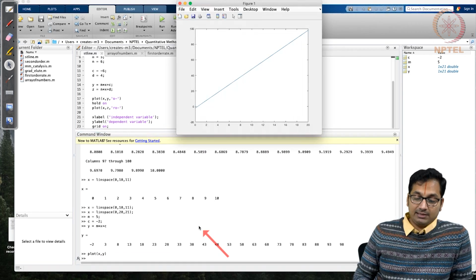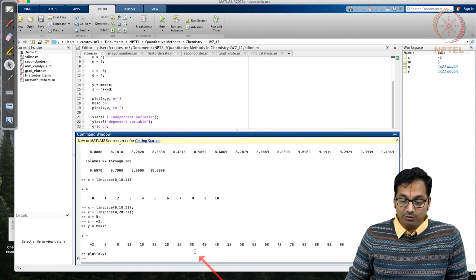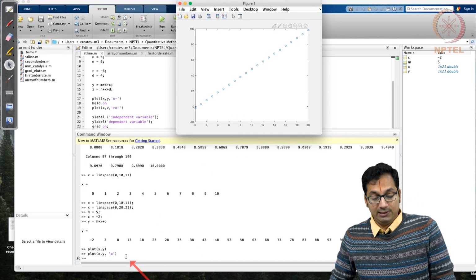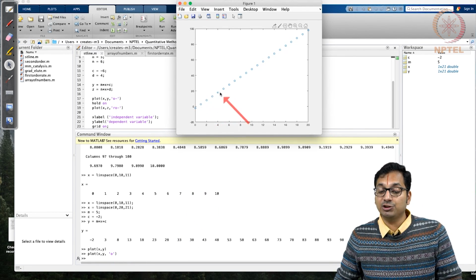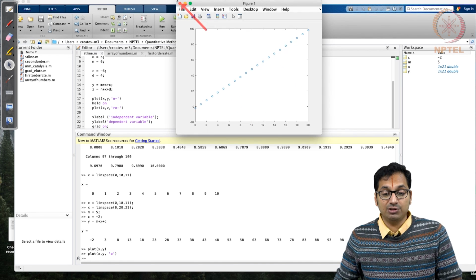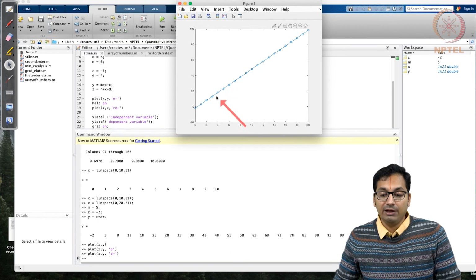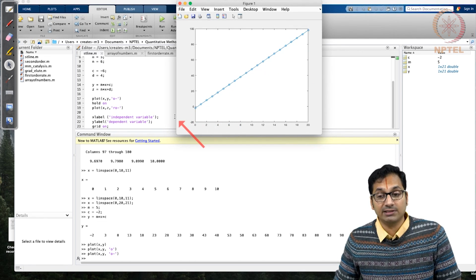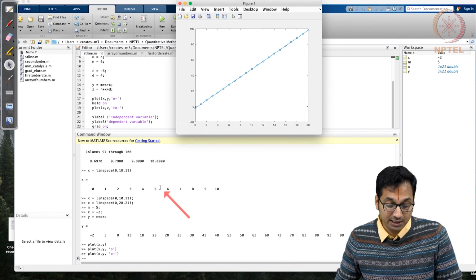So when you say plot x comma y, you beautifully get a straight line. And the most important thing here is that you don't see the data that you have generated. So one way of doing this is by giving a comma with a quote o, which says that it will just show the points. And if you'd like to join the points with a line, you can give something like this, where you are able to see the points that are generated, and these lines indicate a direct connection between the points. This is not a fit by any means, so one should not confuse it with one.